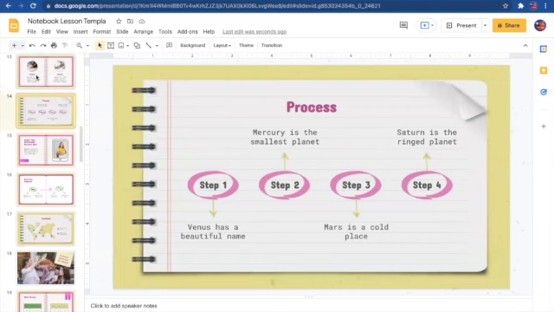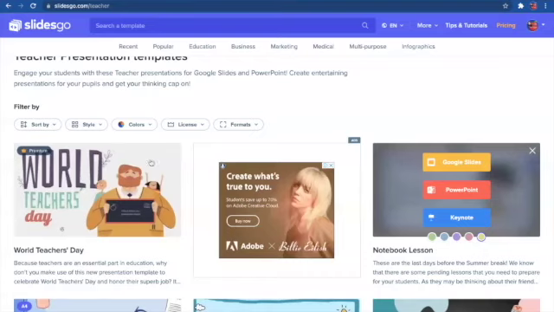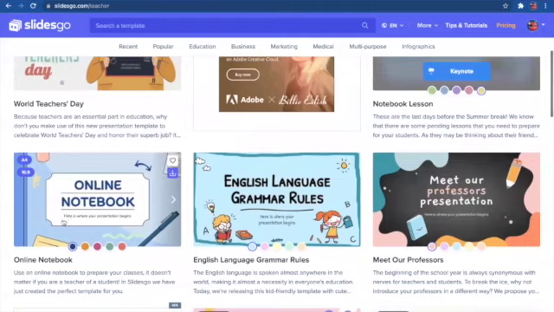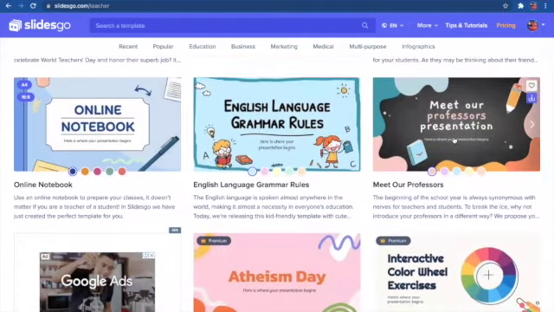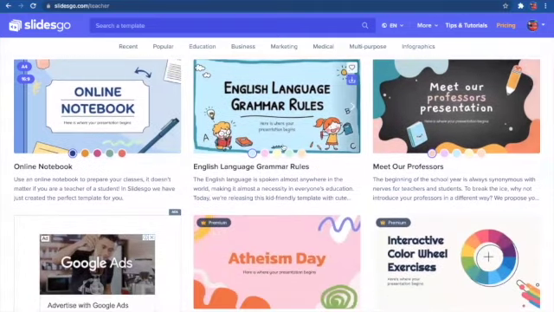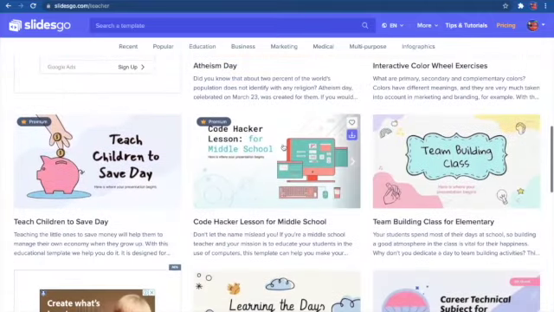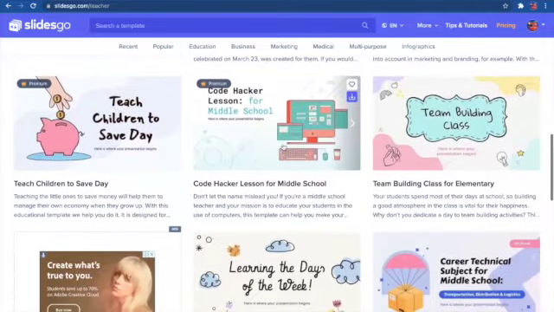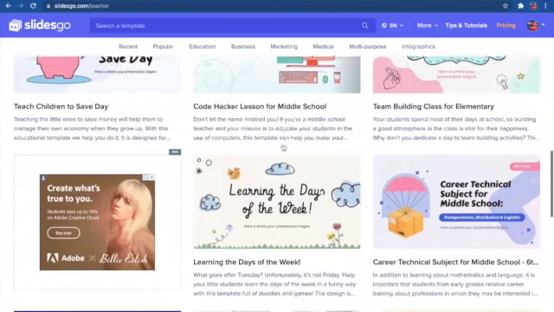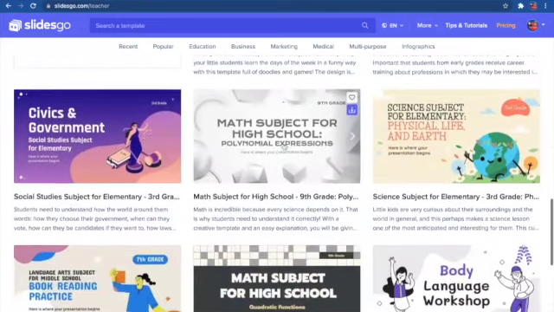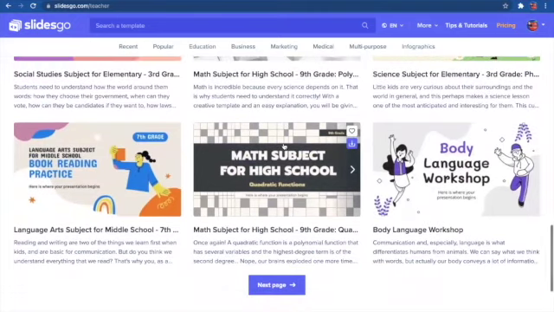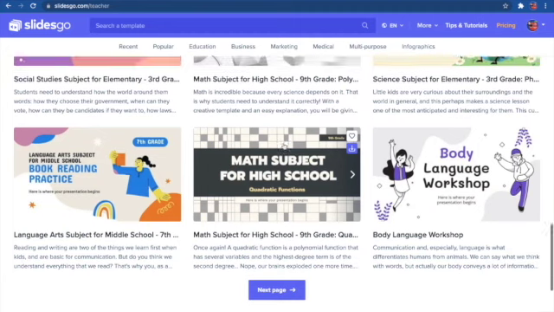So this one is obviously designed to look like a notebook. And obviously there's lots of different ones in there, like lots of different notebooks, lots of different presentations. Some of them even have some of the information in there already for you, which is quite cool if it's something that you're still learning about yourself, but you want to teach it to your kids. Lots and lots of different slides that you can use to make Google Slides quite interesting to your students, whether it's something that you're going to share with them as part of your learning, or it's something where you're actually directly teaching from the slides, or maybe it's something you're going to set for them to do